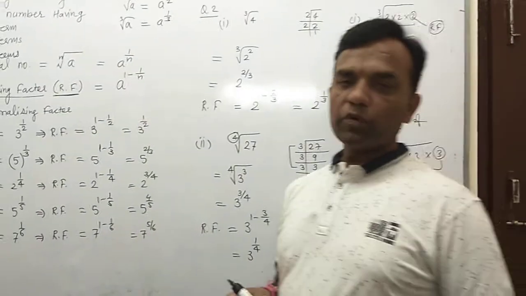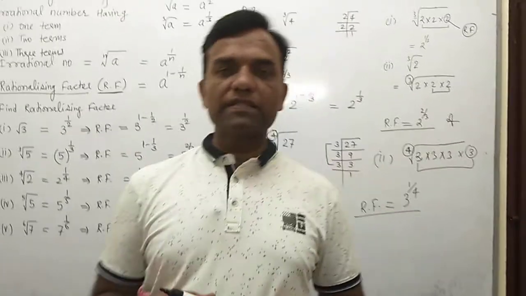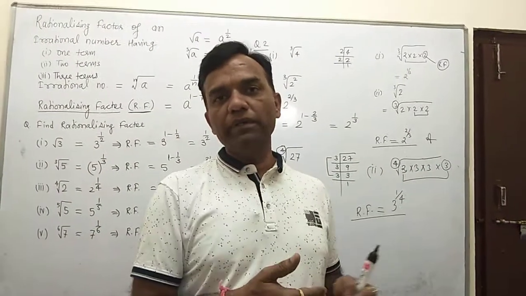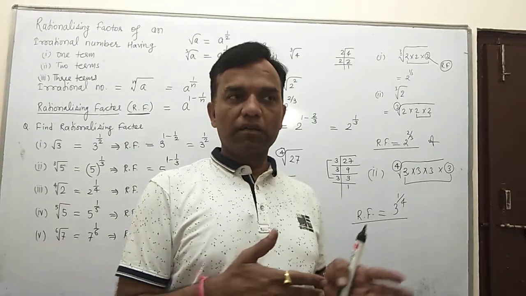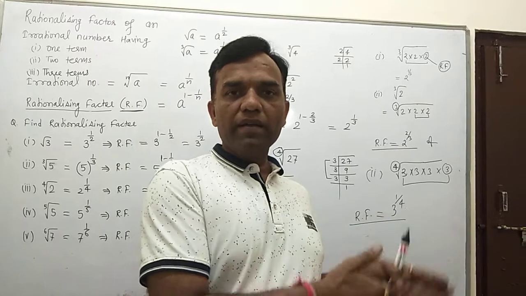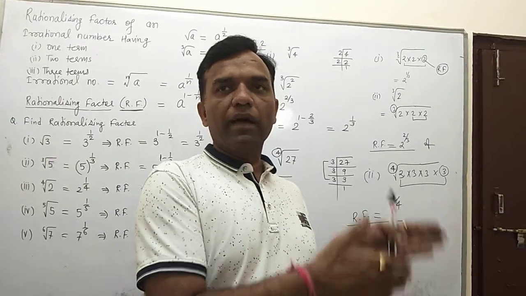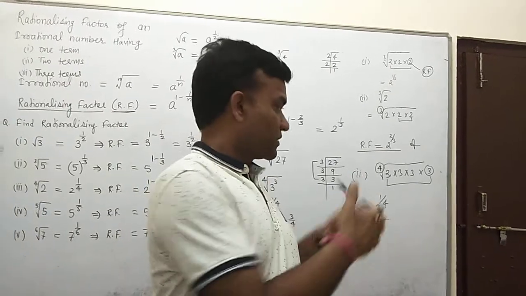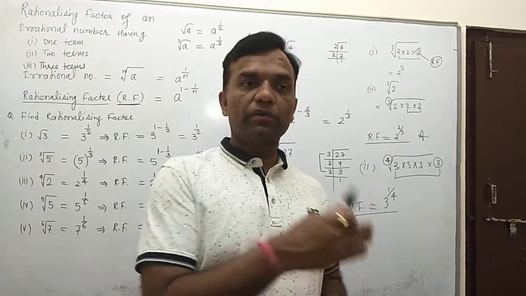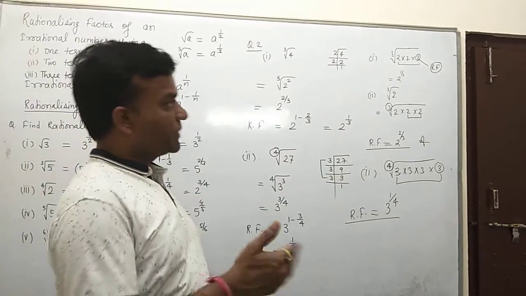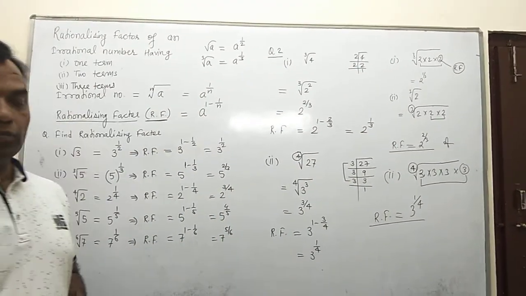Only one thing is important. First you factorize the given number, and how many times the number is required depends on its power. You multiply 1 time, 2 times, 3 times, depending on the requirement, and then you convert it into the power. Then you say that this is the rationalizing factor of the given term. Now we have some more examples that are related to the numerator and denominator.